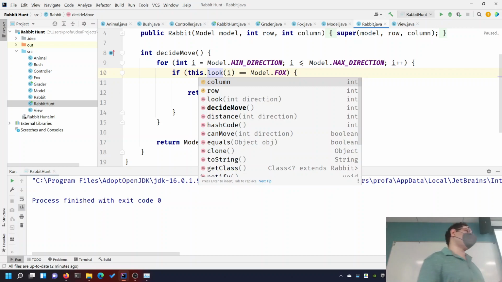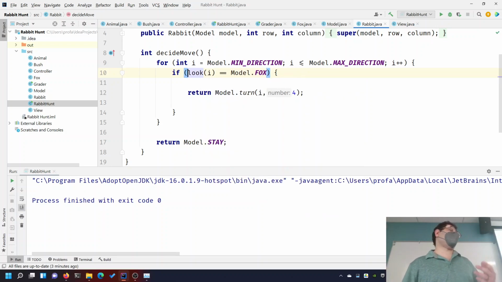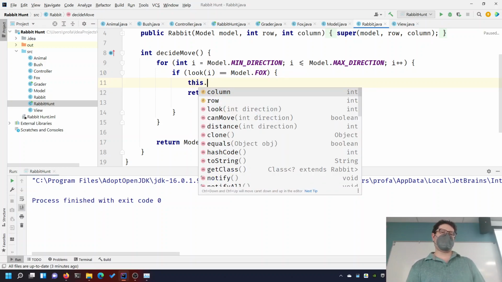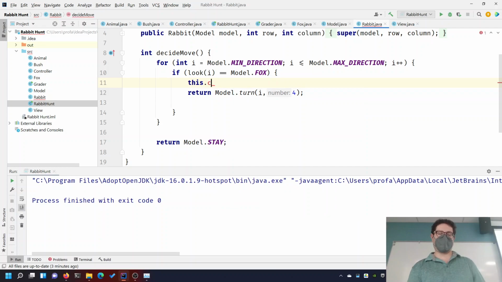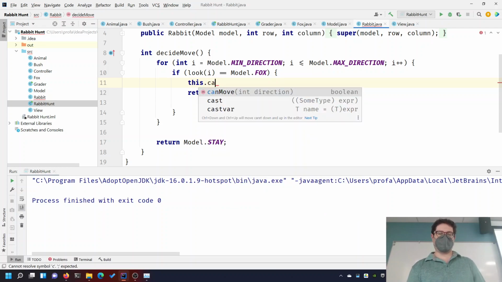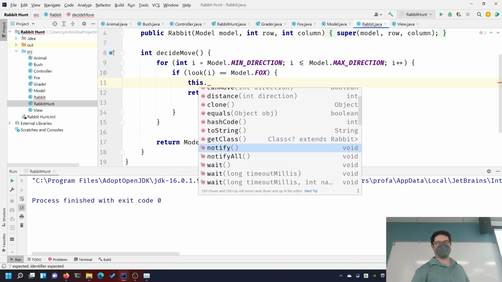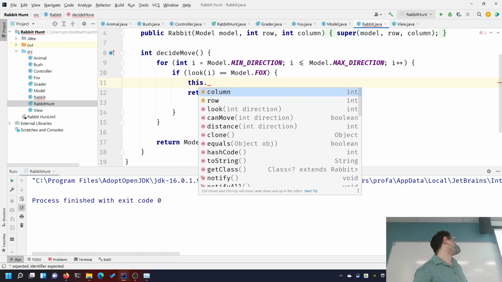So in some programming languages, the keyword this to refer to instance methods is required. Like in Python, you have to do self dot something in order to call it as a method. But on the other hand, in Java it will infer a lot of things for you. So you can just do look. We can just do can move, but I wanted to explicitly do the autocomplete like this to pull it up with all the other stuff that it had as an animal. So this dot can move, because this dot would let you see all the things that you get, including all these things that you get from